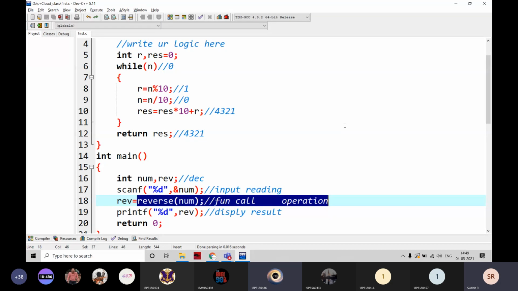There is no boolean here. This is C, right? There is no boolean here. We are going to return 1 or 0, and that is going to be an integer. In CPP or Java, Python, there is a boolean, but here there is no data type of boolean. 1 or 0, that is going to be integers only.